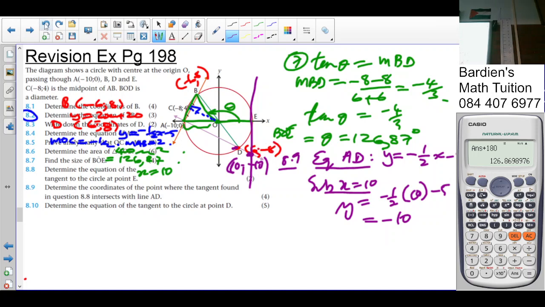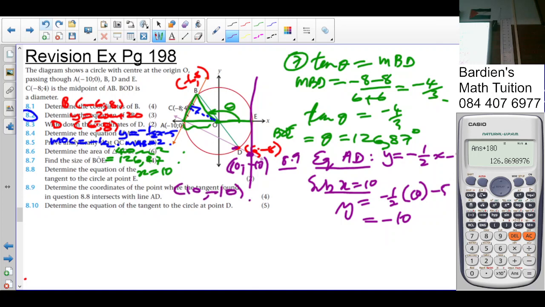Even by the looks of it, you can see if you are right or not. Okay, that's why paper 2 is so easy. Just love it, no? Did you answer the question? No, they want coordinates. So the coordinates are 10 and minus